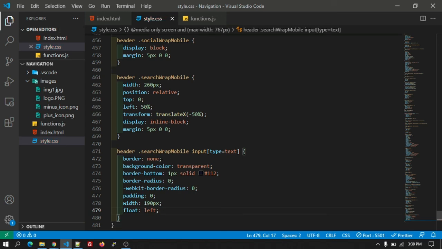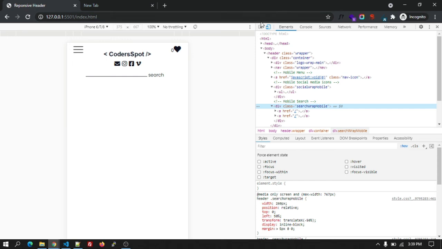Okay, so we have added the CSS for the input field.